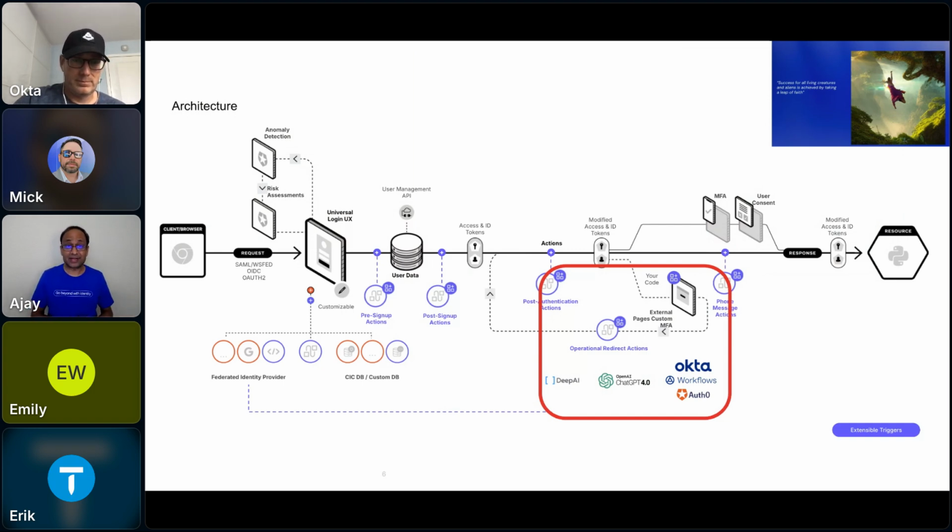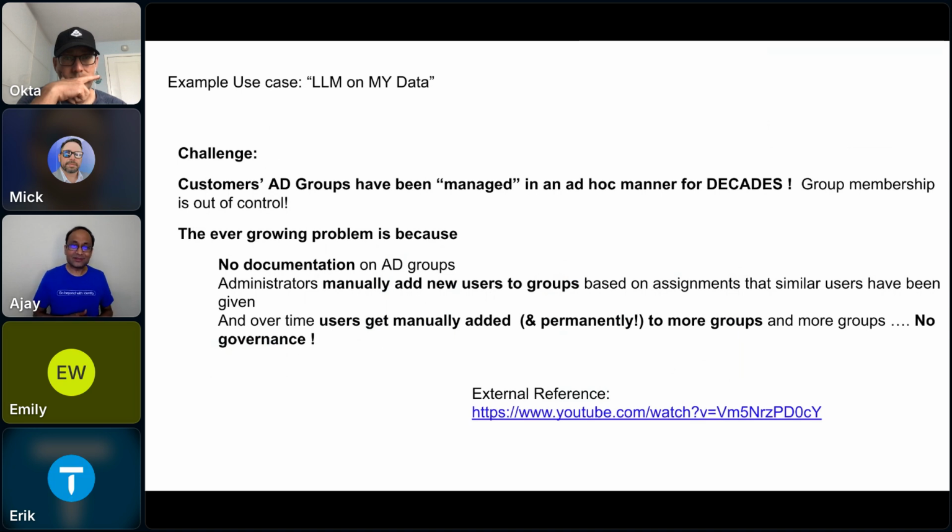Now, another aspect that I would like to highlight here is that we actually have an Okta Workflows connector with Okta's Customer Identity Cloud, Auth0. And there are various design patterns that we can use Okta Customer Identity Cloud with Okta Workflows. Something to think about. The third use case is taking that generative AI aspect one step further.